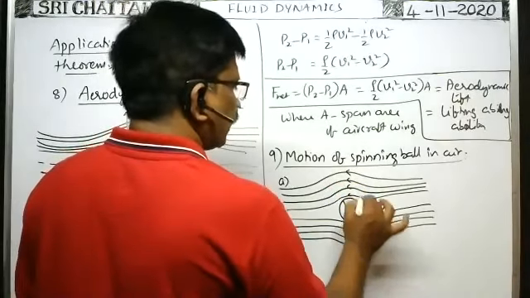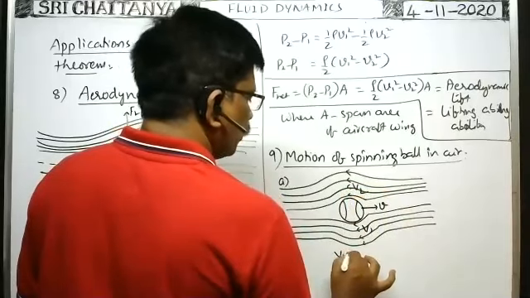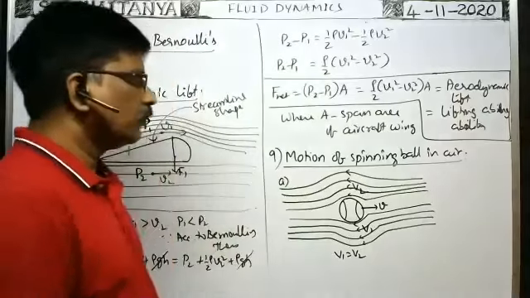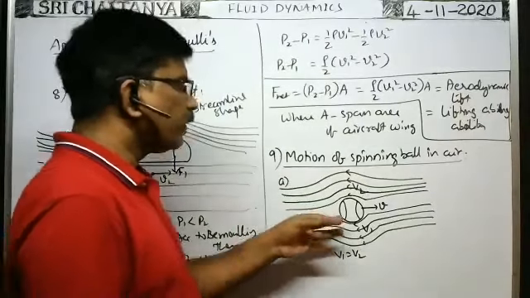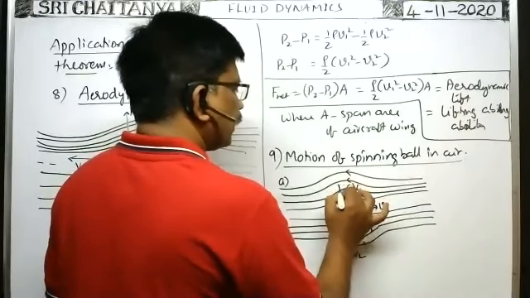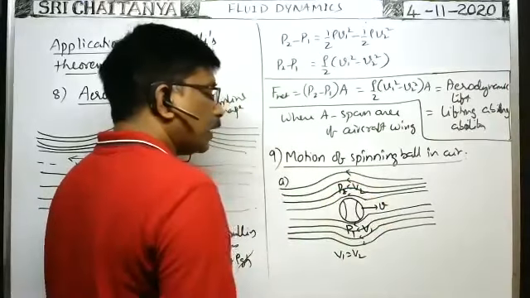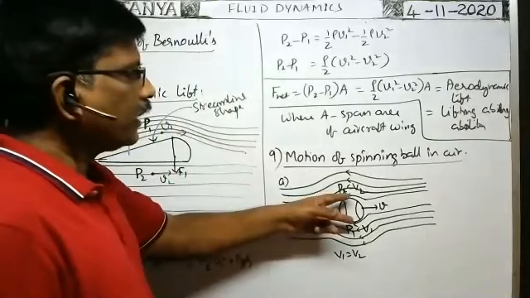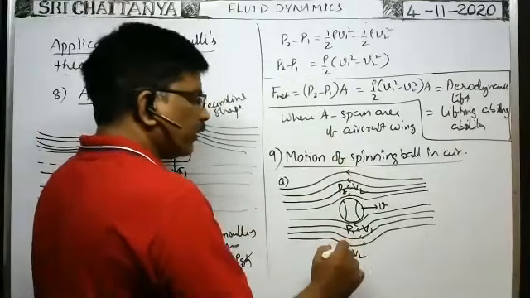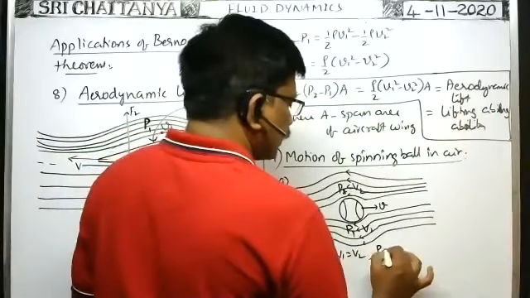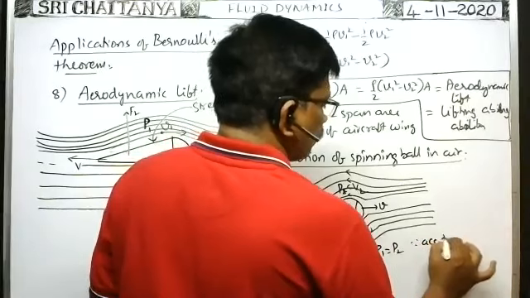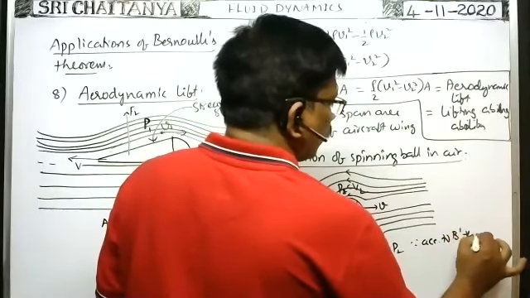Suppose here the velocity is v1 and here the velocity is v2. v1 and v2 are both equal. Whenever v1 and v2 are equal, then the pressure at the bottom of the ball and the pressure at the top of the ball are also equal, according to Bernoulli's principle. The height difference can be neglected when compared with the thickness of the air column. That's why, whenever velocities are equal, the pressures at the top and bottom are also equal, according to Bernoulli's theorem.